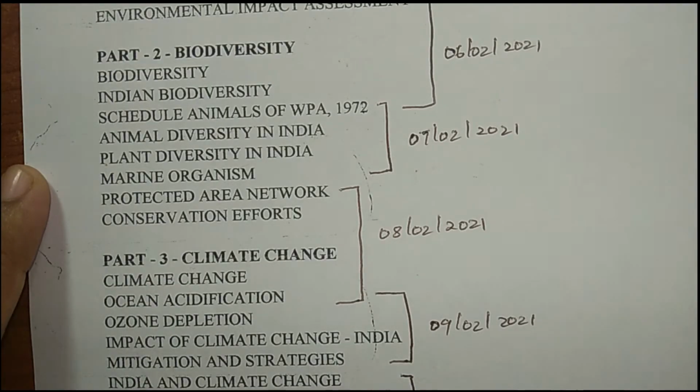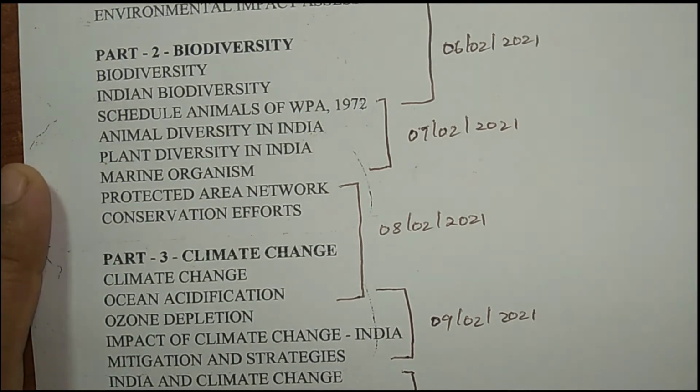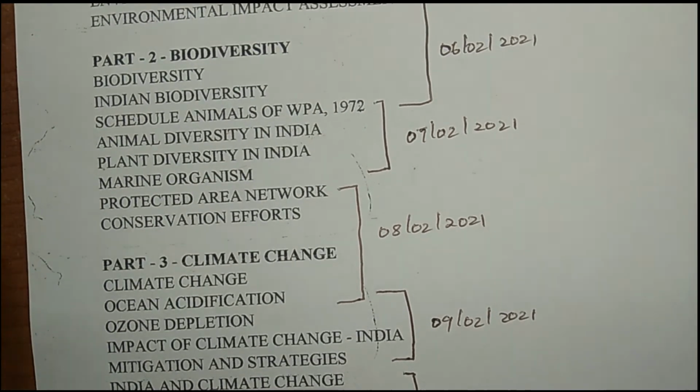In biodiversity, I've classified it as 3.5 units. We'll be reading biodiversity, Indian biodiversity, scheduled animals of the Wildlife Protection Act 1972, Animal Diversity in India, Plant Diversity in India, Marine Organisms, Protected Area Network, Conservation Efforts. So what you will read in biodiversity is that,